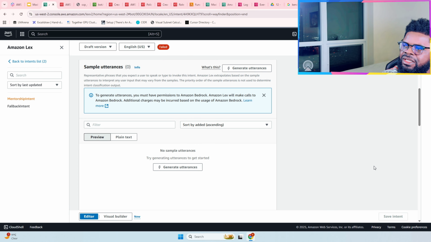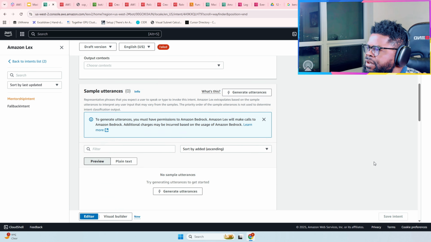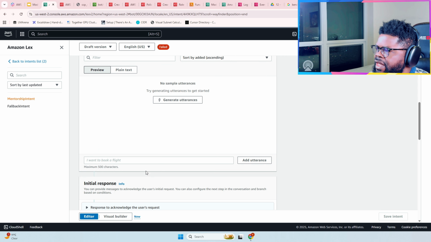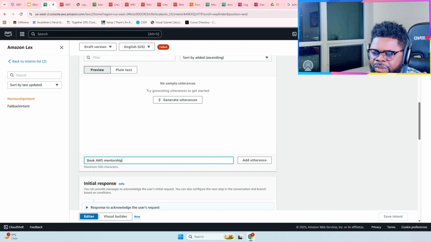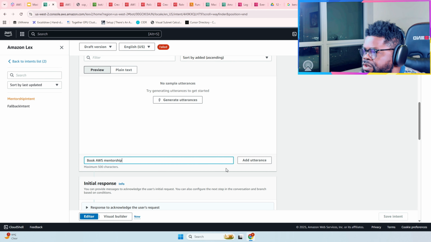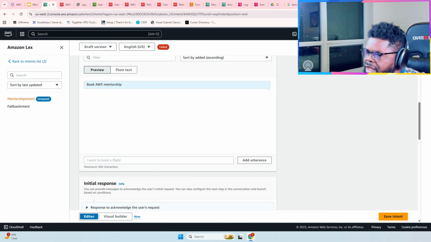Intent is basically, so we're going to see how that looks. But what I really want to start with, the bots are known for intent, and then they are known for slots, right? So intent basically is like utterances. It's the things you want to do. So in this case, I'm just going to start first with a simple intent. So here, I'll say book AWS mentorship, meaning if someone wants to interact with my bot, that's really where they should start from. So I'm going to add that utterance, and then I'm going to save the intent,